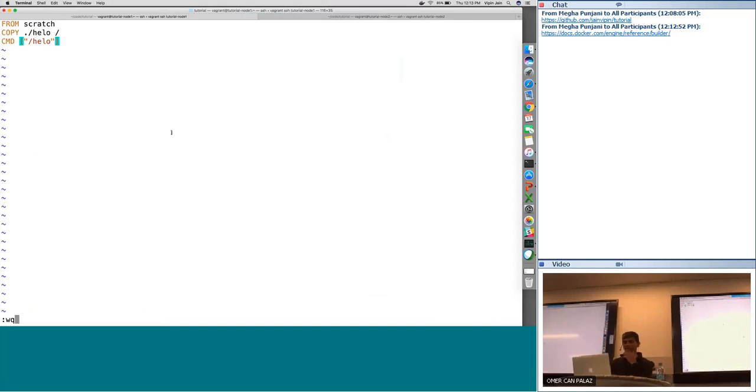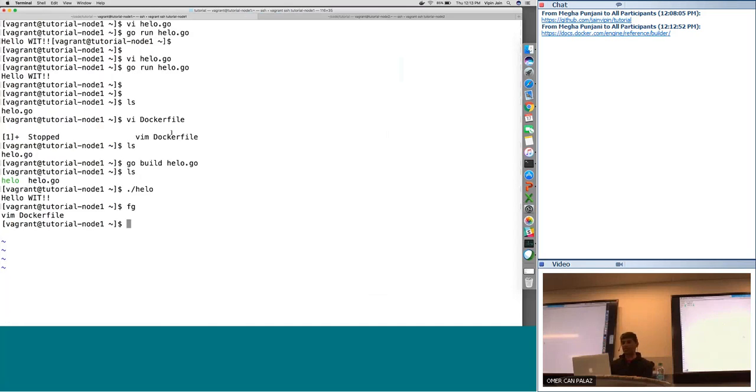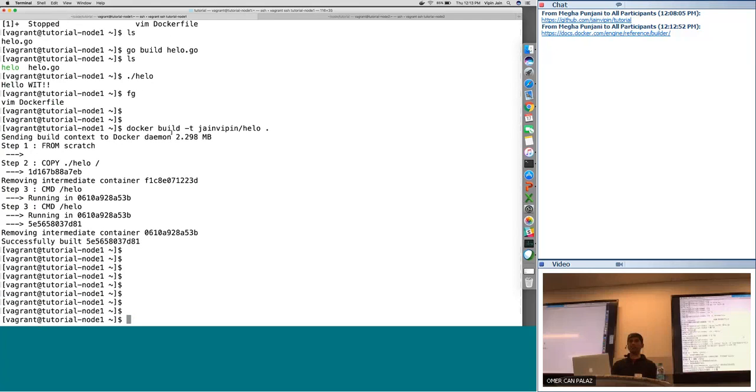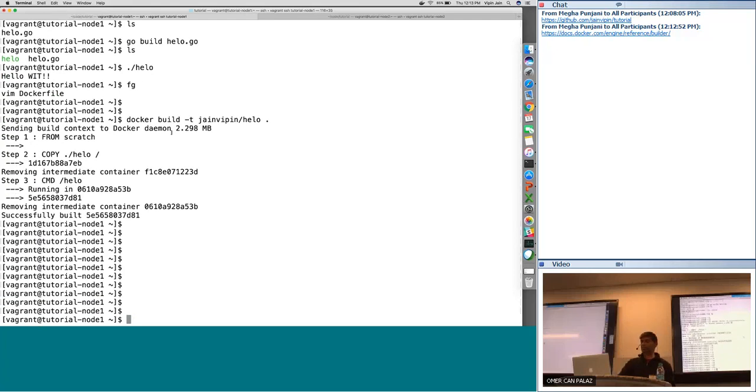So this application needs to be built now. So I've specified a language which is telling me how to create that container. I'm going to call this container Jane within hello container, let's say, right? And I'm just saying build a container from a Dockerfile which is in my local directory, right? So it built a container. Technically, I don't know if you guys saw that, it's almost finished by the time I entered it, right? So it takes those steps to create a container.